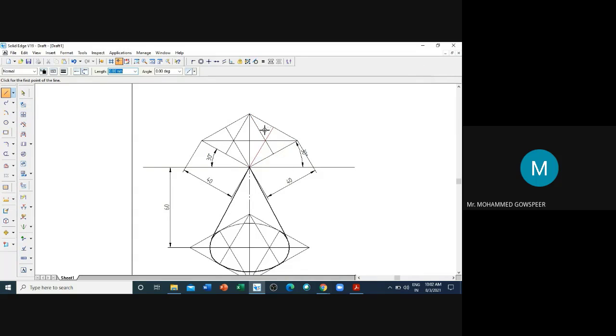Now here again I will construct the ellipse. Select the center, arc by center point. Draw the arc. Now this is the center of the arc, and this is the radius.